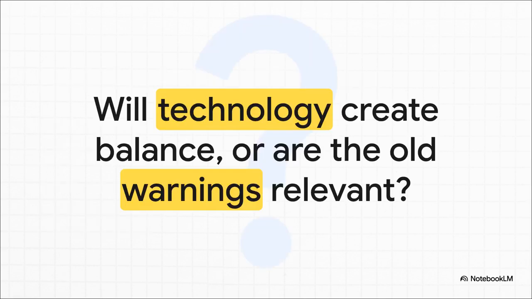And so that's where we're left. We've got this one planet with only so much stuff on it, but we also seem to have this endless capacity for creativity and problem solving. So as we move forward on this wild population journey, which one wins out? Will our technology and our planning help us find a way to live in balance? Or was Malthus onto something, and do we still need to worry about those fundamental limits? That really is the ultimate question for all of us, isn't it?